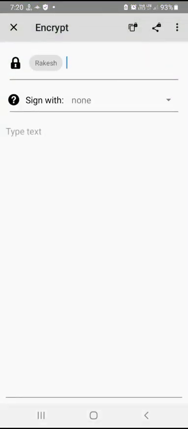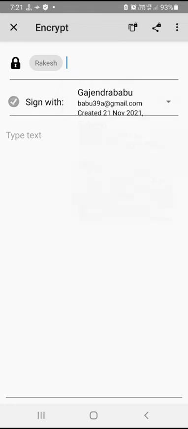And now you can see again, to the right of this lock icon, Rakesh. That means the receiver is Rakesh now. So this message will be encrypted using the public key of Rakesh, and then signed with Gajendra Babu.